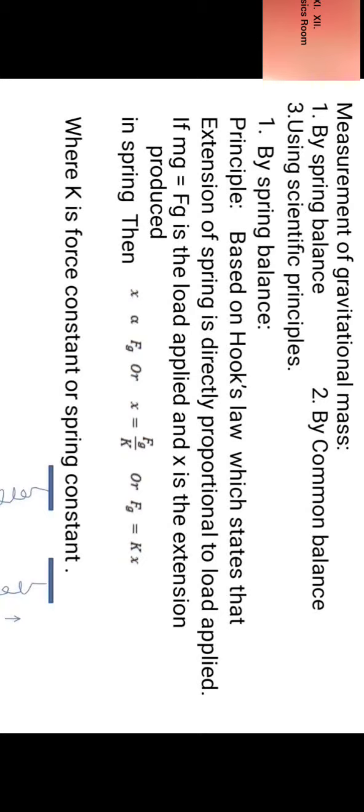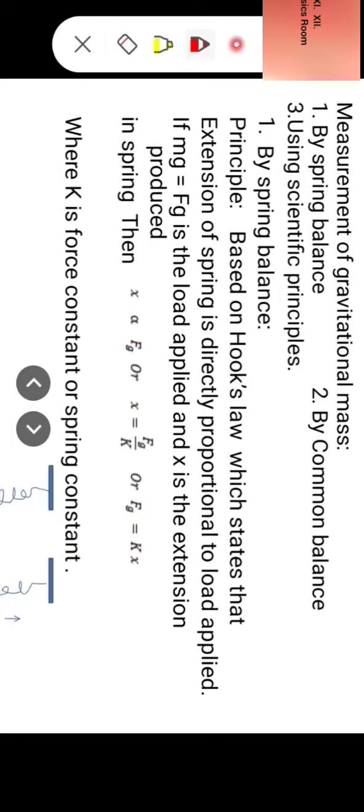Number 1, by spring balance. The principle of the spring balance is based on Hooke's law, which states that the extension of a spring is directly proportional to the load applied. If mg, which is equal to Fg, where Fg means gravitational force, is the load applied and x is the extension produced in the spring,